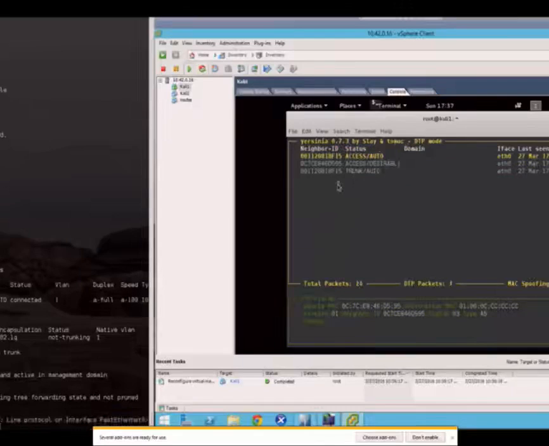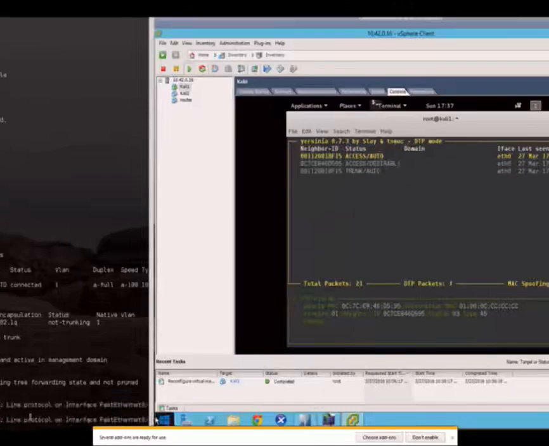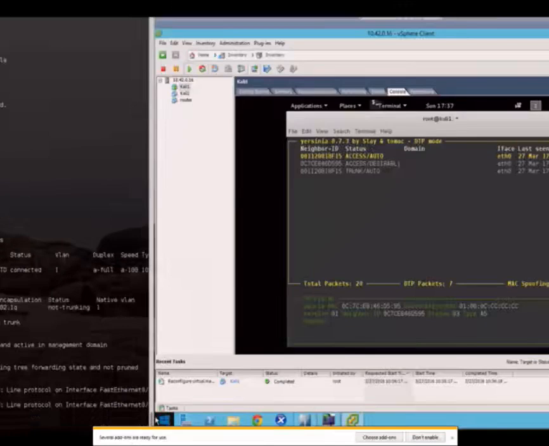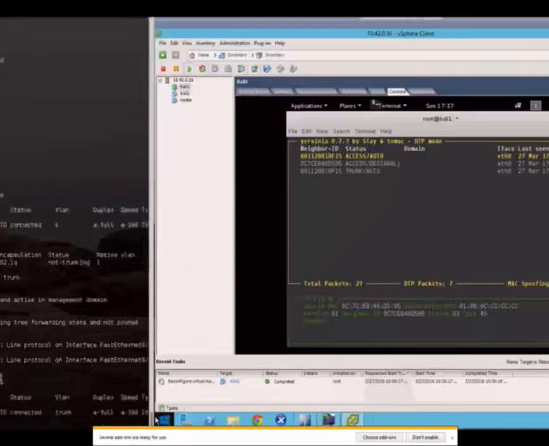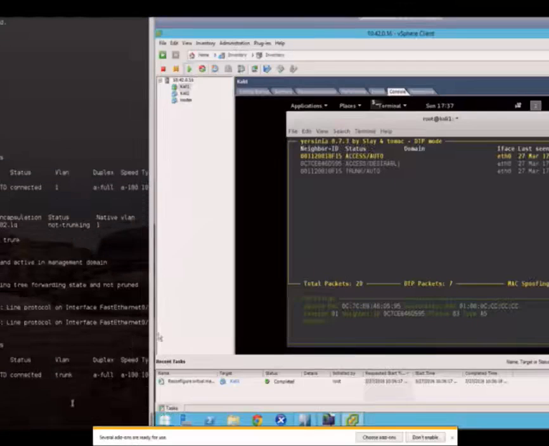So the dynamic desirable effect was affected. Over there on the switch side, we can see the line protocol went down. It came back up again. And if we check the status on that trunk port, we'll see it indeed went into trunking mode. You see it's now, instead of VLAN 1, it shows the trunk. If we take a look at the full status,